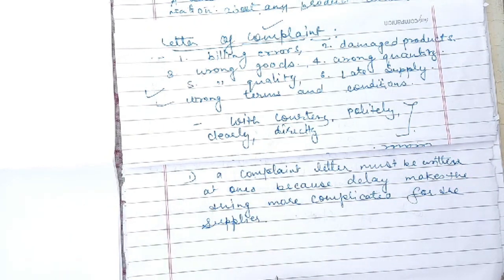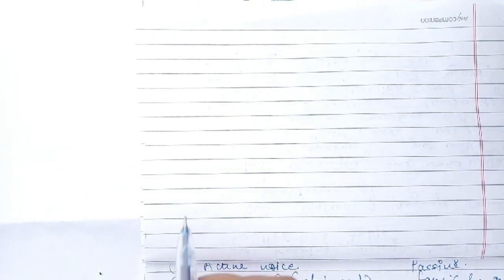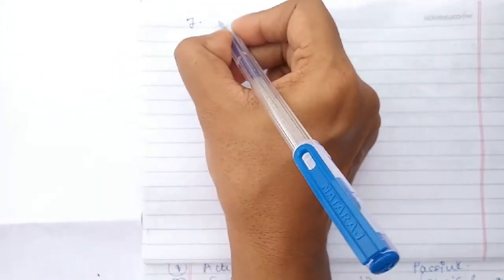So complaints must be done at the same time, because if you are late while complaining for the product, anybody can forget it and nobody will give you the correct replacement of the damaged product. So a complaint must be made at once, because delay makes the things very difficult for the supplier. So when you will write down the letter of complaint, in response of that complaint letter, you will receive a letter of adjustment. The next is